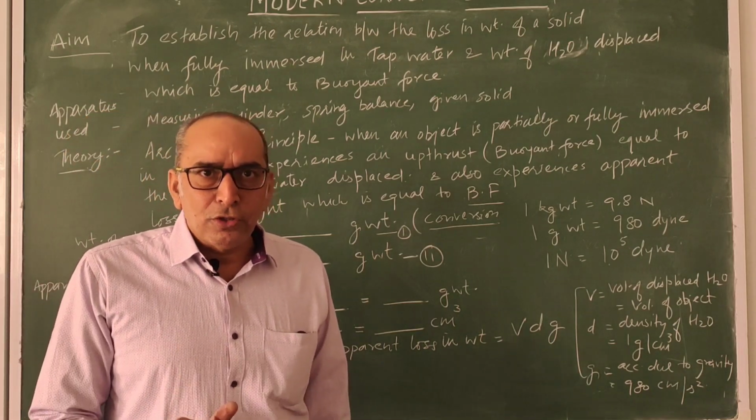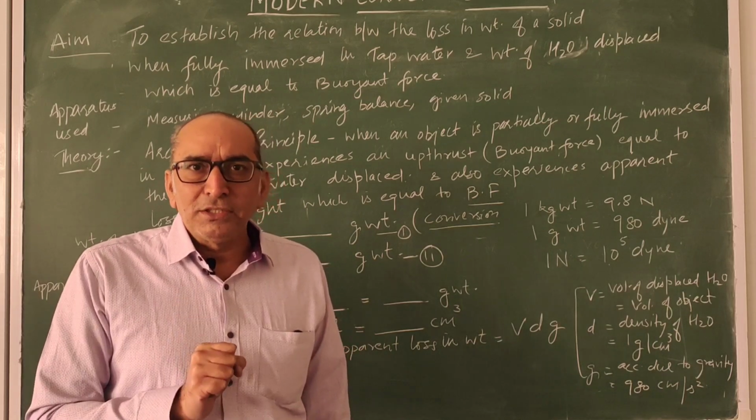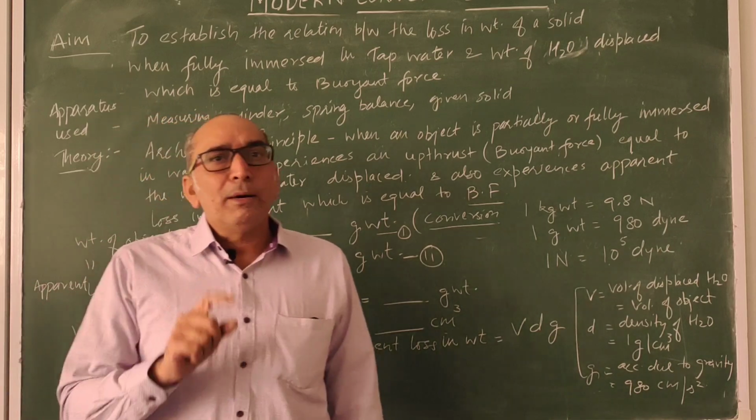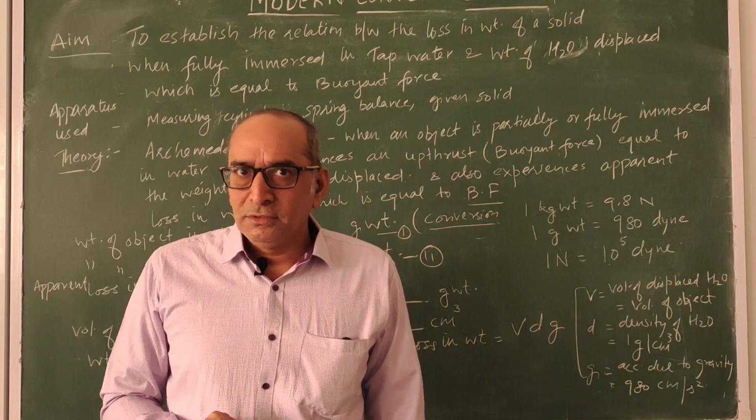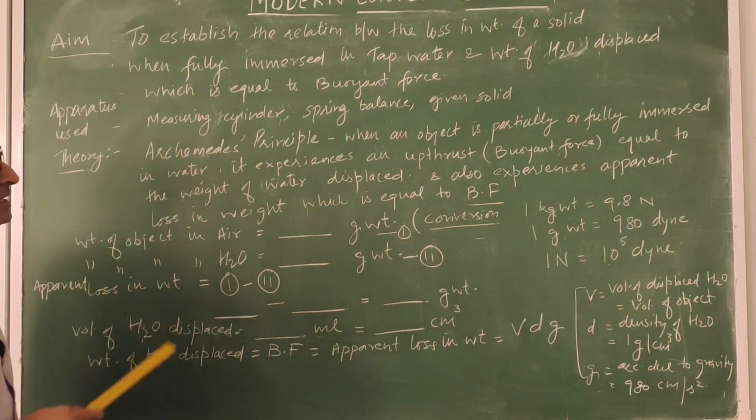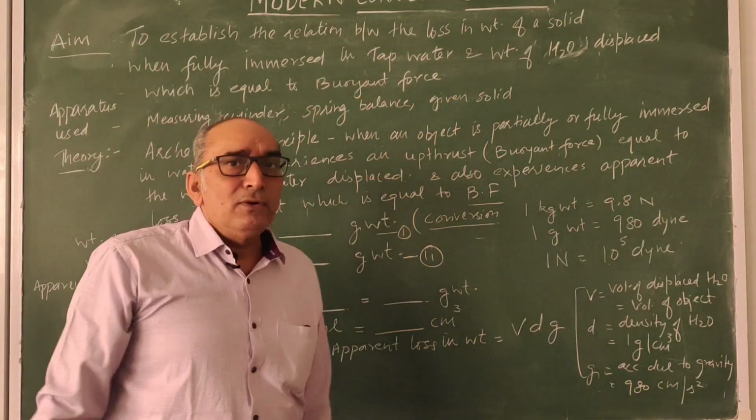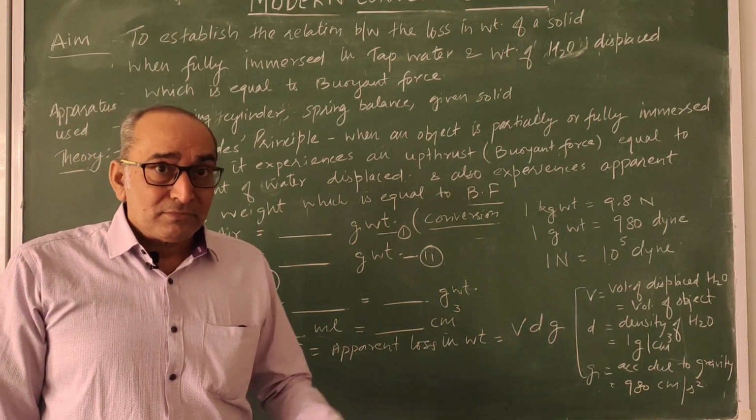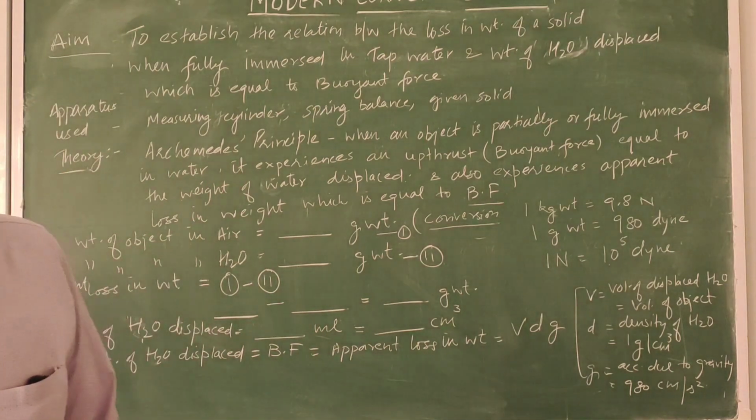So we have to show that the apparent loss in weight of the object when immersed in water is equal to the buoyant force acting on that object. For this, we need a measuring cylinder, a spring balance, and the given solid on which we are going to study the buoyant force. So this measuring cylinder,